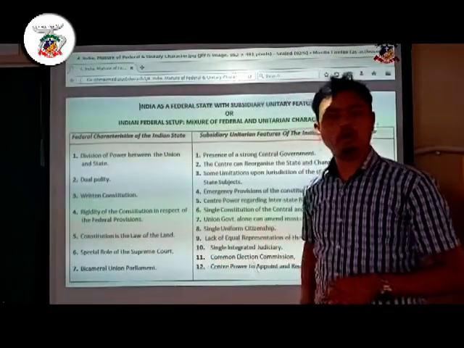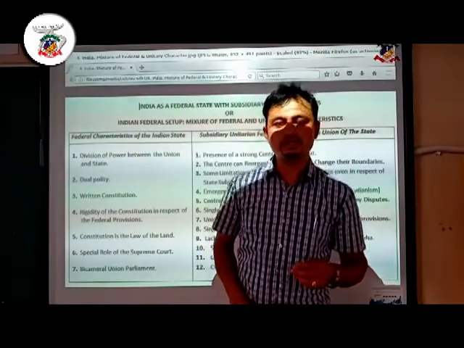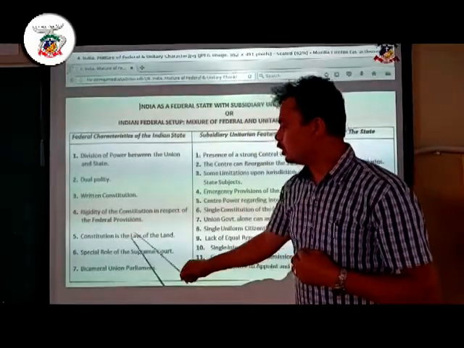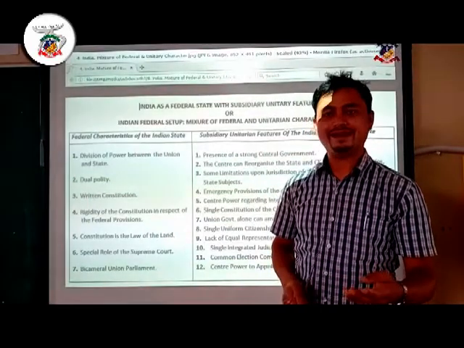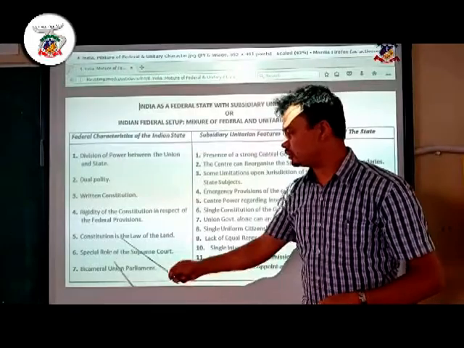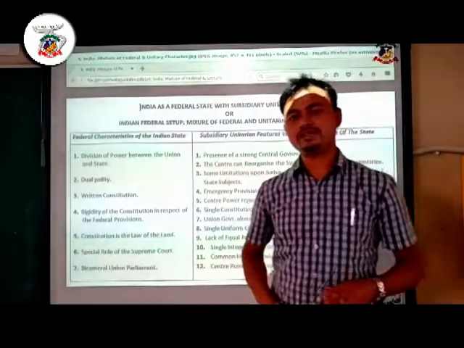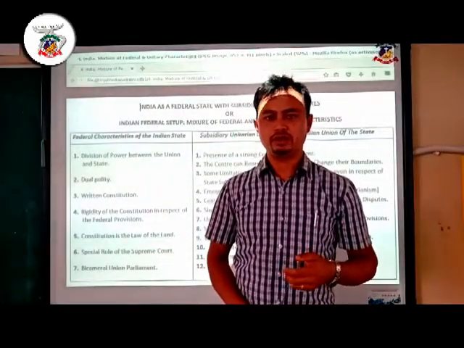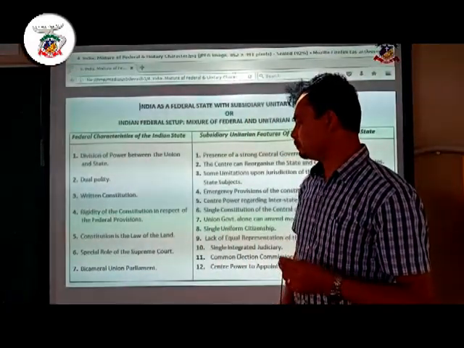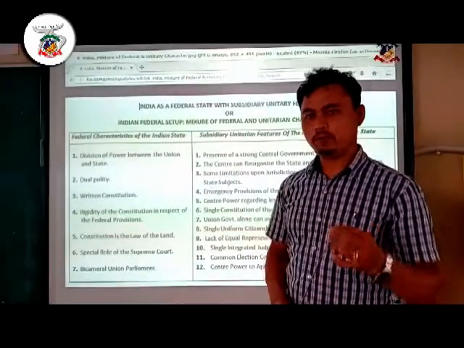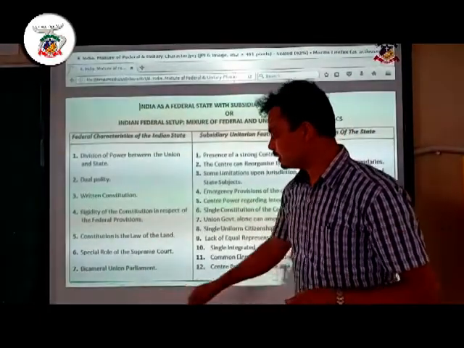Constitution is the law of the land. The constitution is supreme, and all other government organs like executive, judiciary, legislature, they all derive their power from the constitution of the country. Special role of the Supreme Court. Supreme Court is the guardian of the constitution. It is only the Supreme Court which has the power to interpret the constitution. So the Supreme Court stands at the apex, the most powerful judicial body, or we can say the guardian of the constitution. Number 7,